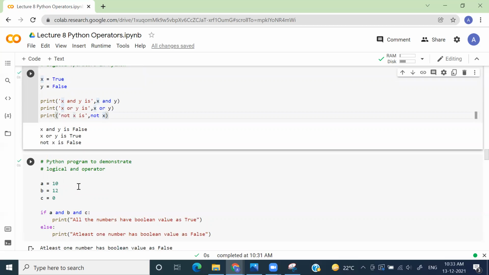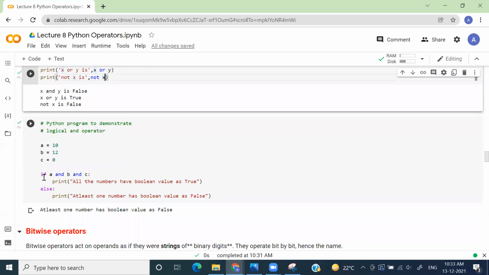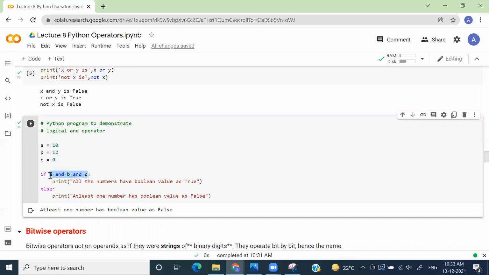That it will have either 0 or 1. So here, if a and b and c, if this expression is true, that means all the numbers are boolean. Otherwise at least one number is not boolean, and it is false.